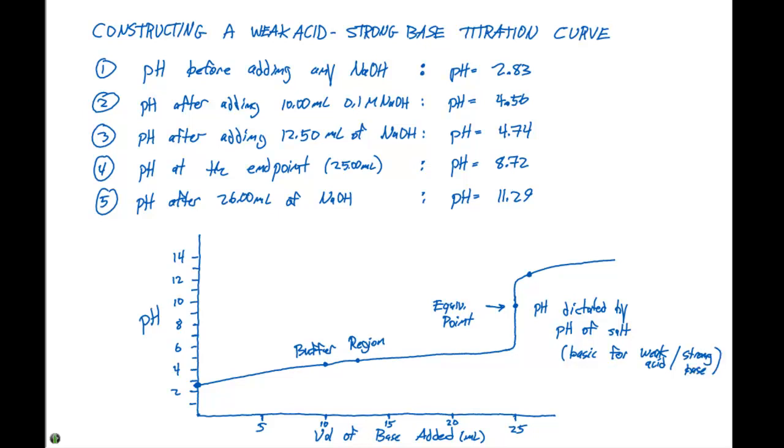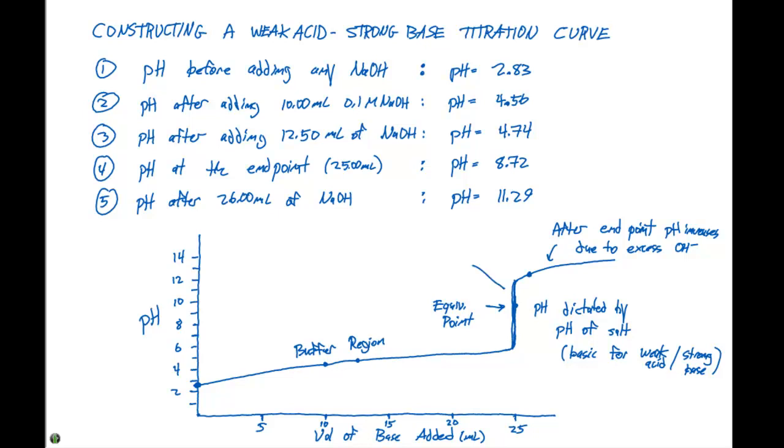Okay? Then, after the endpoint, the pH increases due to excess OH minus ions here in the solution. And one of the main differences, in comparison to a strong acid, strong base titration curve, is that this change in pH near the equivalence point, this steep line here,